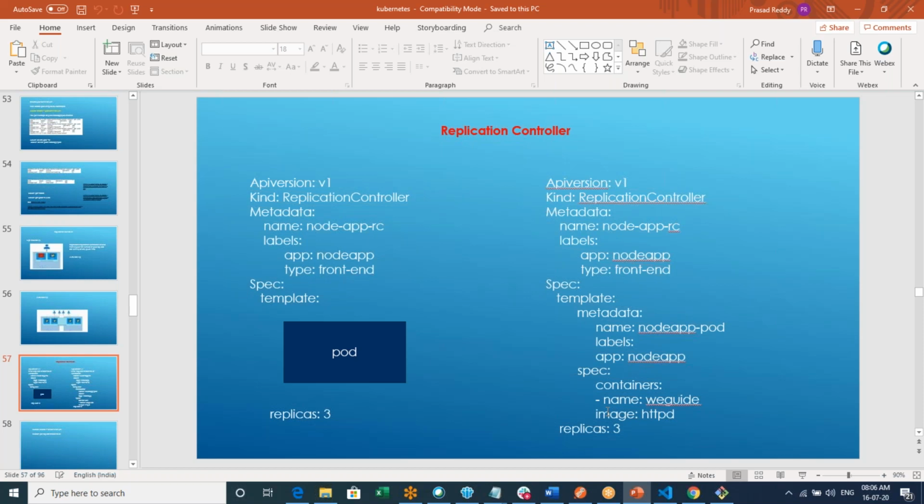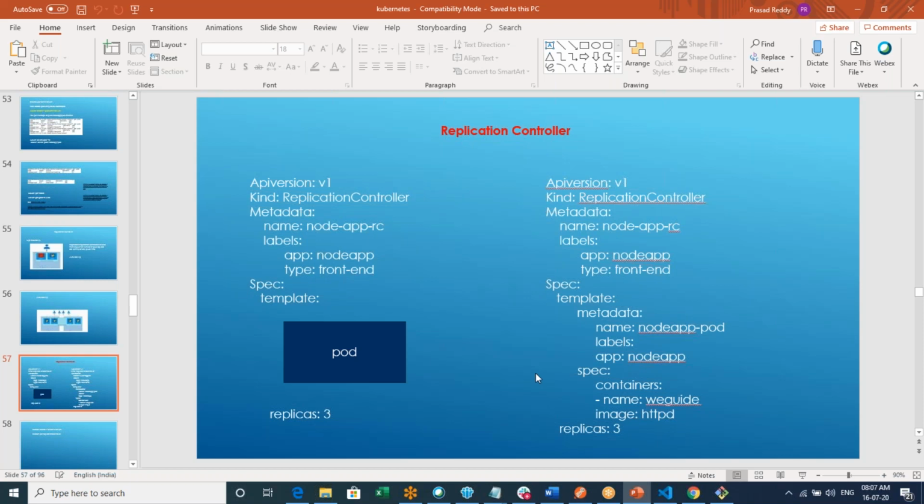Any questions on this, anyone? So Prasad, this file holds good for Minikube only, right? No, don't think that it is Minikube only. You'll not be creating a different YML file for an actual cluster. The YML file is the same. Whether Minikube or Kubernetes EKS, it is just an environment change. But this YML file will be the same as it is. You will be using it there also.